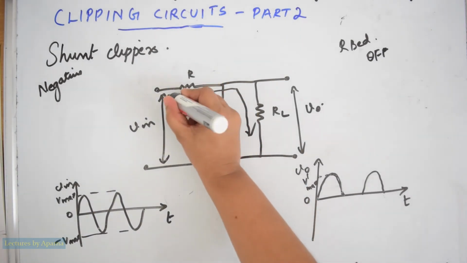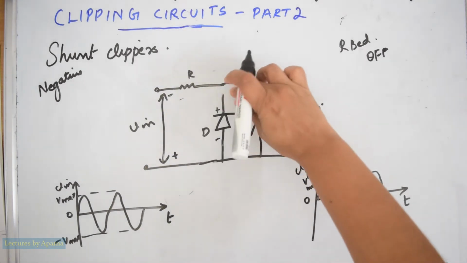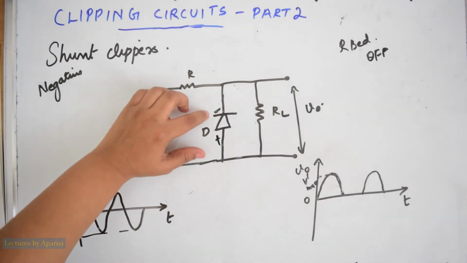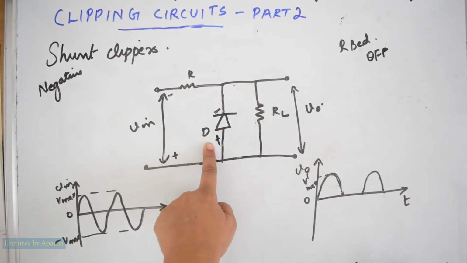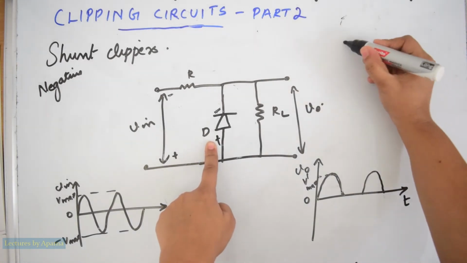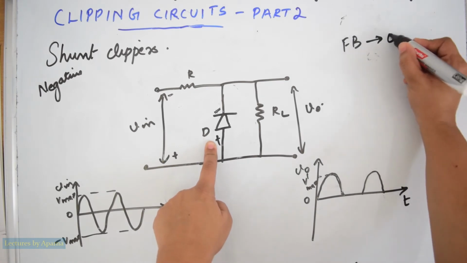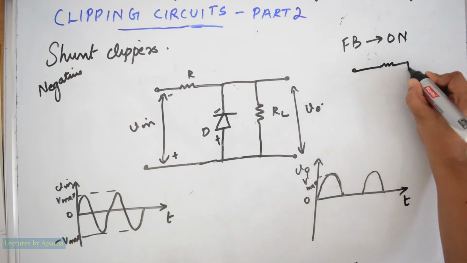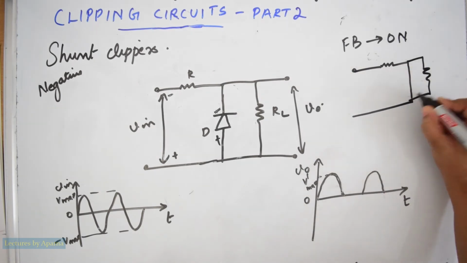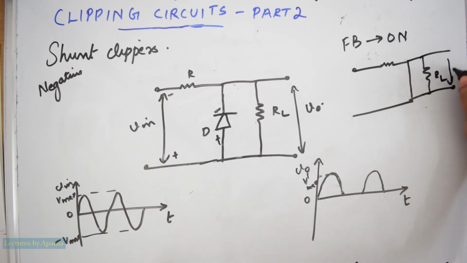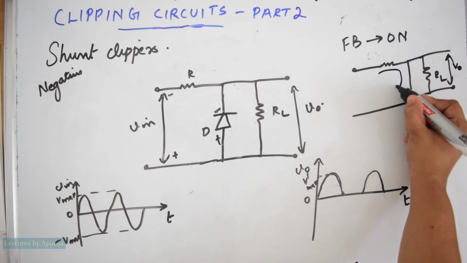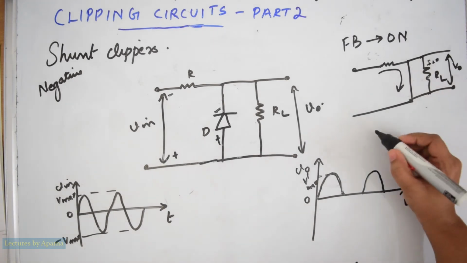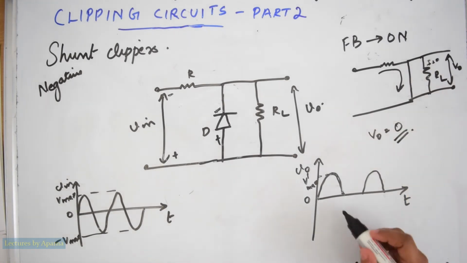In the negative half cycle, a negative will come here, it will be positive. This cathode is more negative compared to the anode, and therefore this diode will be forward biased. When the diode is forward biased, it is on, and hence this will be a short circuit. So there is a resistance here and this path will be short circuited. This is RL. Therefore the output voltage V0 will become 0 since the whole current will flow through this path. There won't be any current in this path. Since the current in this path is 0, the output voltage is also equal to 0, which is shown here